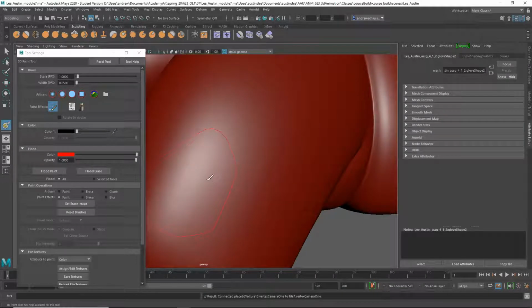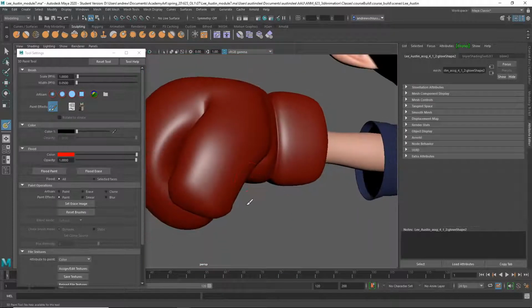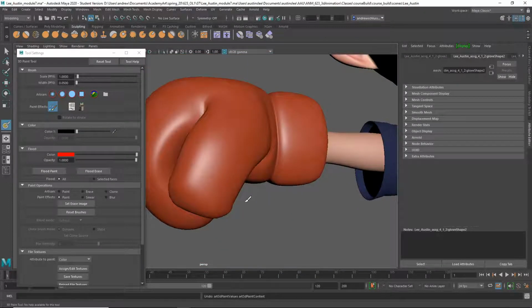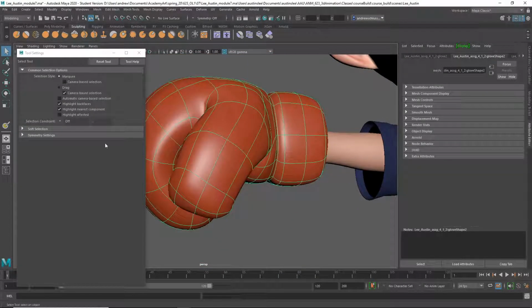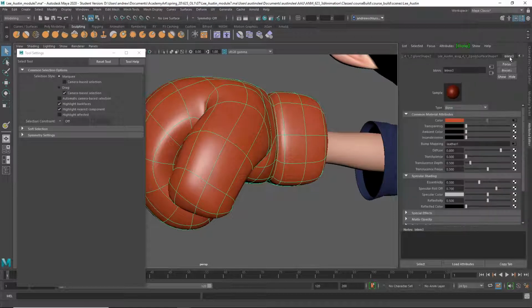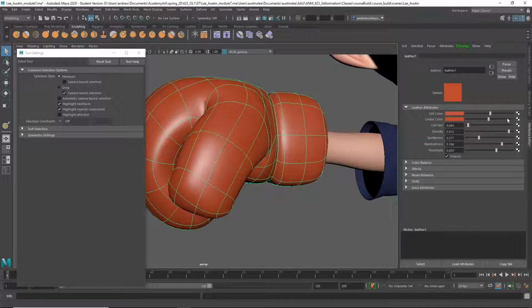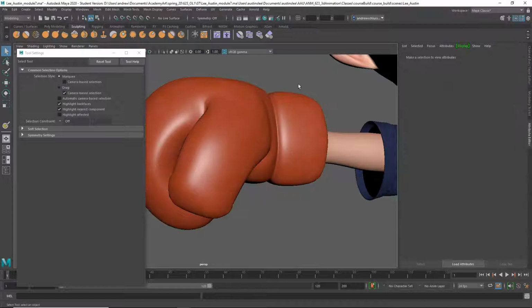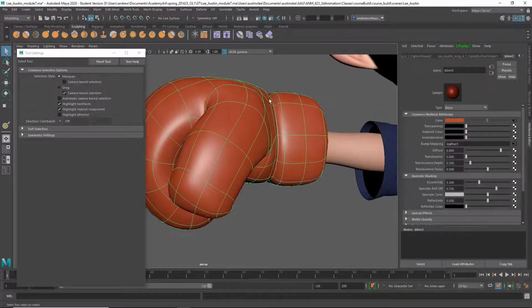Oh, see, it changed it. That's not good. Let's just check something here. I don't know why it changed it like that. Blinn. Oh, this is just a procedural one. Oh, I thought you painted this. That's why. Okay. Anyway,